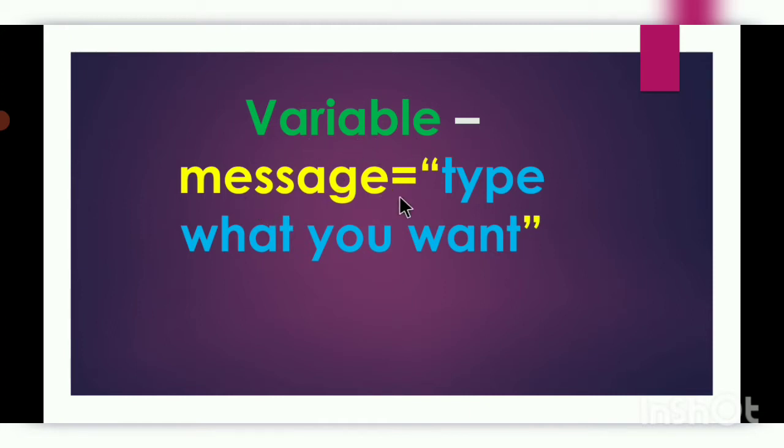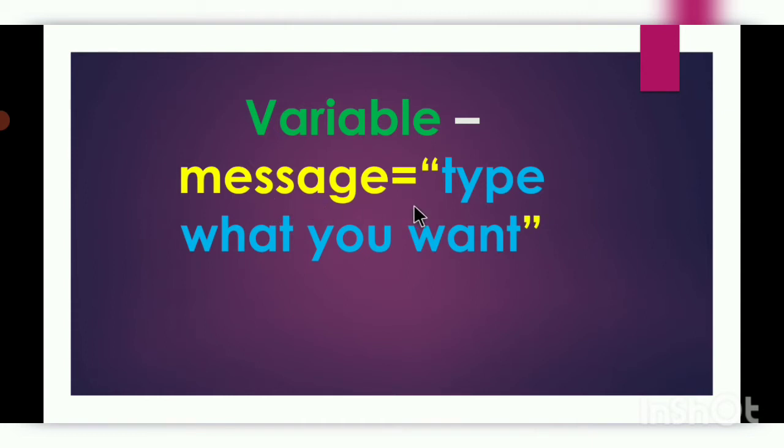Message is equal to. In the last class we learned about the alert command, right? So with that command, the variable here is message is equal to. Within the double quotation you type what you want. This is considered a value. Just think this is a box, and within the quotation you type something. That is the thing you hold within the box, and we will use it later. We will use the box only, like we will use message only.